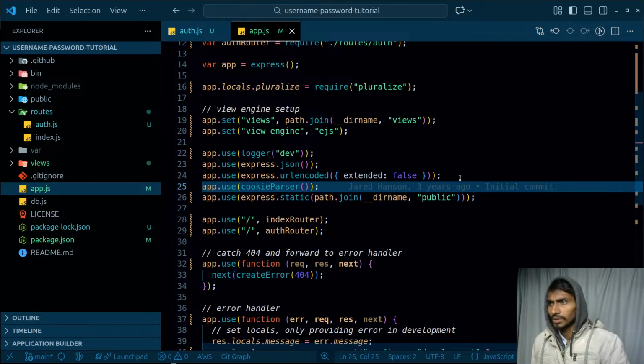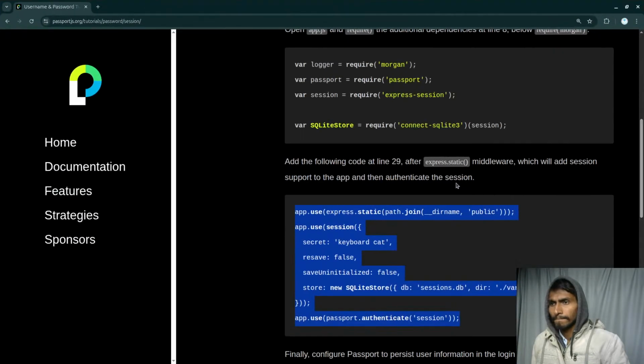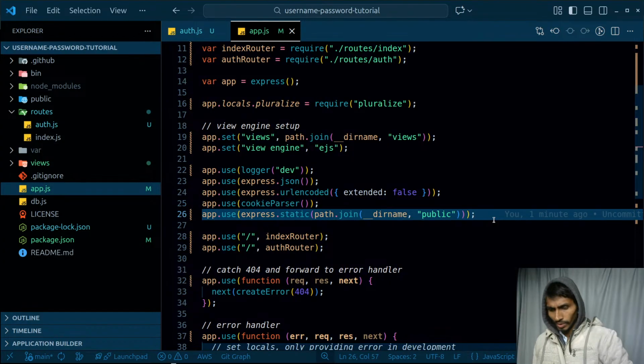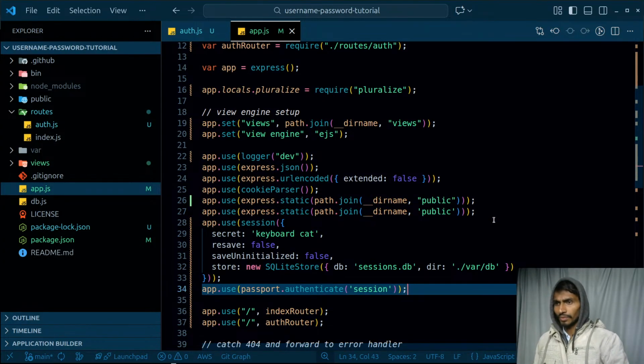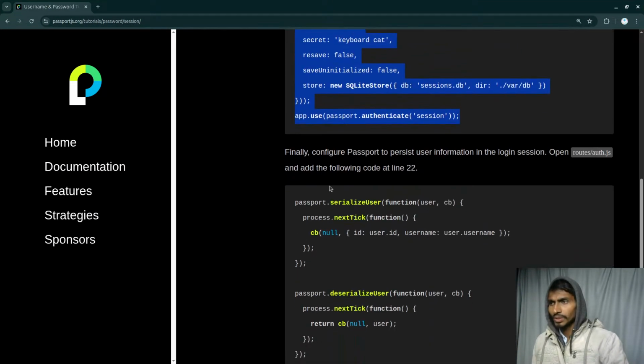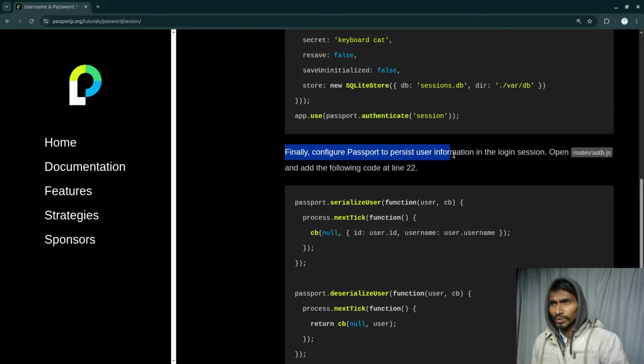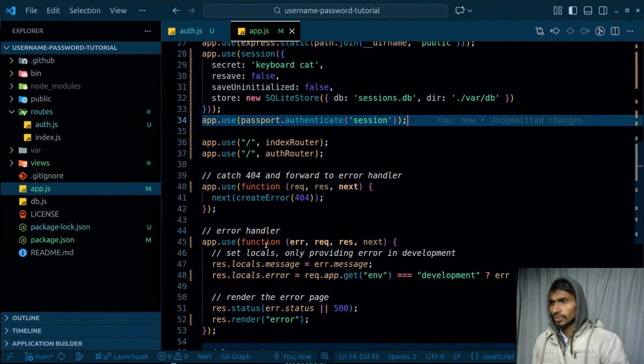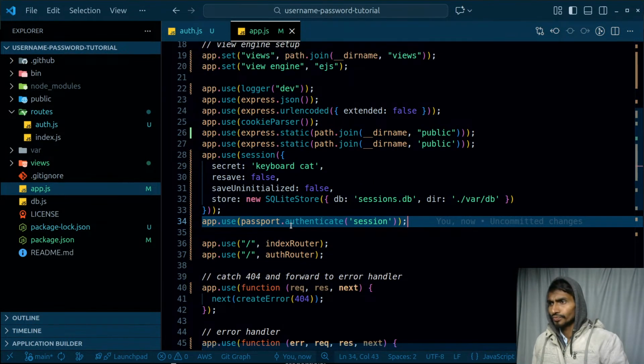Just after static, this particular thing, I have to just paste it over here. Let's see at the end if it's gonna work or not. And once this thing is done, finally configure passport to persist user information in the login session. I have to serialize and deserialize at line number 22. I have to just simply add this. So at line number 22,